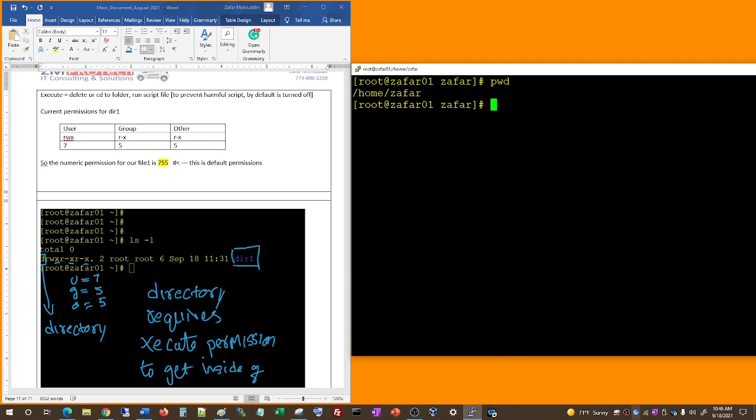So you should be in /home/Zafar or whatever your home directory is. Okay, and as a root, do mkdir dir2. And if you look at the permissions here,